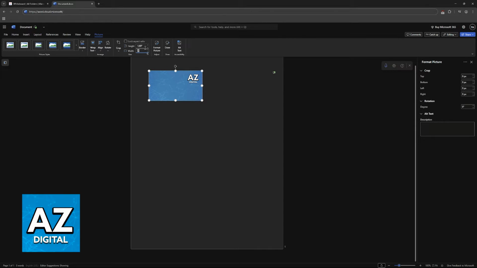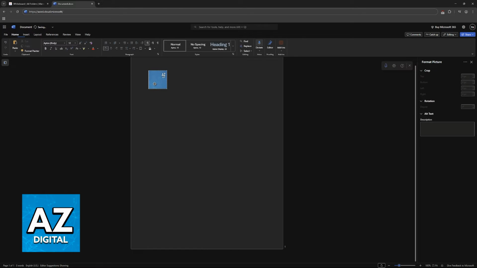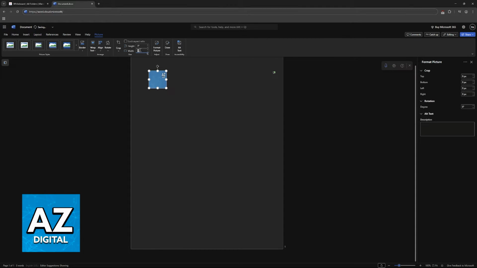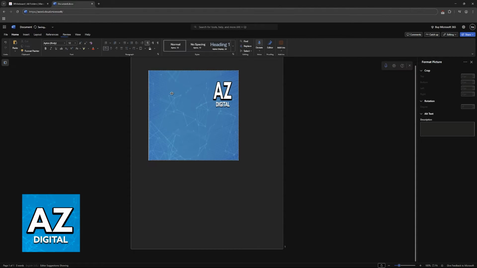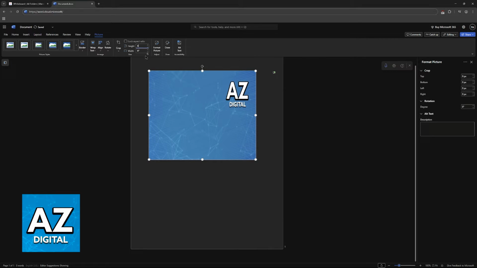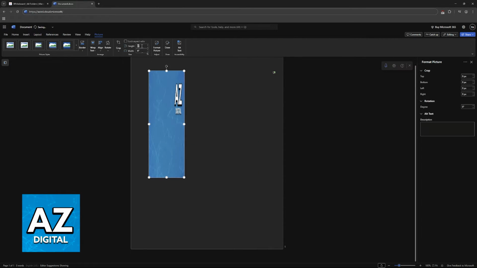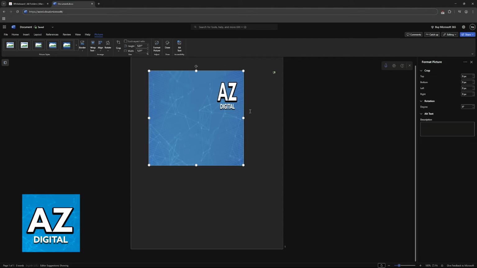After it is unticked, you can input a one-to-one aspect ratio. You can do any other number as well, for example 5 by 5, 7 by 7, 6 by 6, and so on, and it will be adjusted accordingly. Make sure to change both the height and the width and untick the lock aspect ratio option. However, you will notice that now the image is clearly stretched.